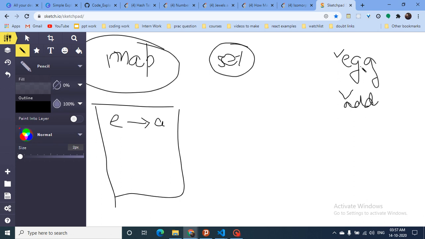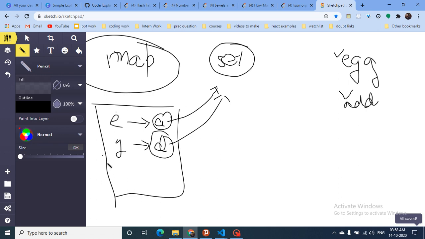Okay. Then I'm mapping G to D. Okay, so this mapping is inserted in this map. So the map is for character to character. And also I should insert this character in a set or a map again, which will keep track that this character is already used. We should not use this character again for any other mapping. So before inserting some mapping in the map, I should check that this character to which I am mapping should not be present earlier.